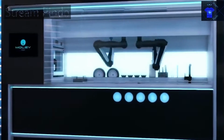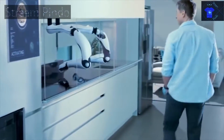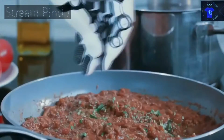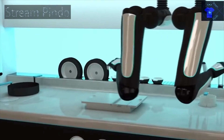Robot Cook. This is not an animal as you might think, but the invention is so cool that it can become one of your favorites in the future. A robot that knows how to cook different foods no worse than a real person. This miracle looks like two hands attached over the hob that can use any kitchen appliances, exactly copying the actions